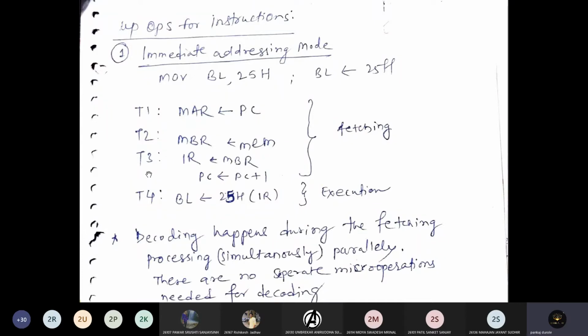Now in the third clock state, the memory buffer register will give that instruction to the instruction register. Further, this instruction register will give that complete instruction MOV BL, 25H to